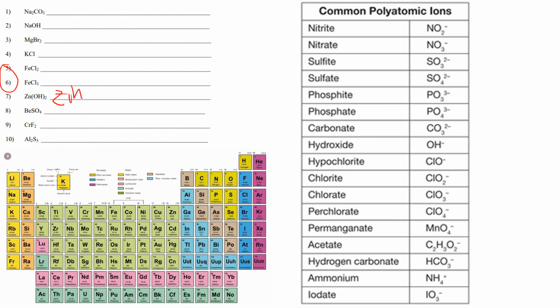Zinc, Zn is zinc over here, and OH, what is OH? We look over here, and OH is hydroxide. Okay, B is beryllium. You can find it over here, beryllium. And SO4, we look at our table,